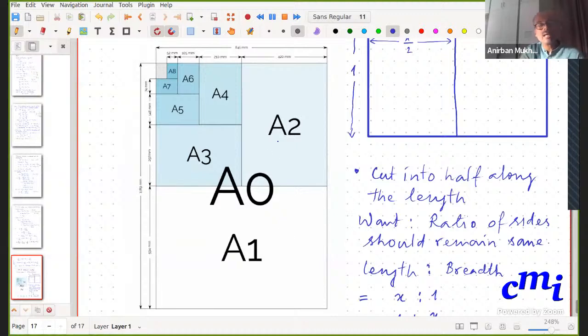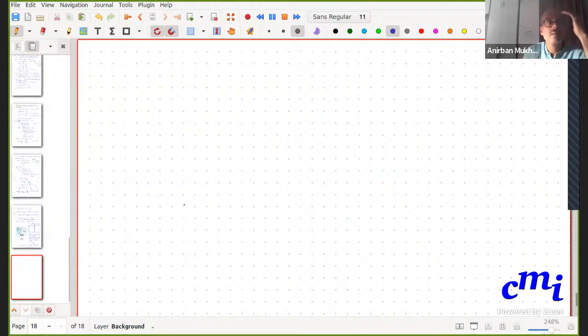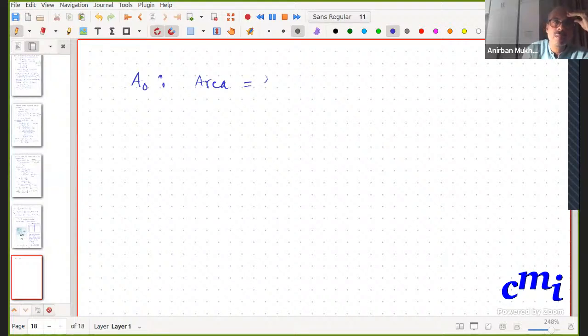So what should be the dimension of the largest paper? That also we should find out. One second. So that's the rationale behind the A naught. So A naught has an area of 1 square meter,